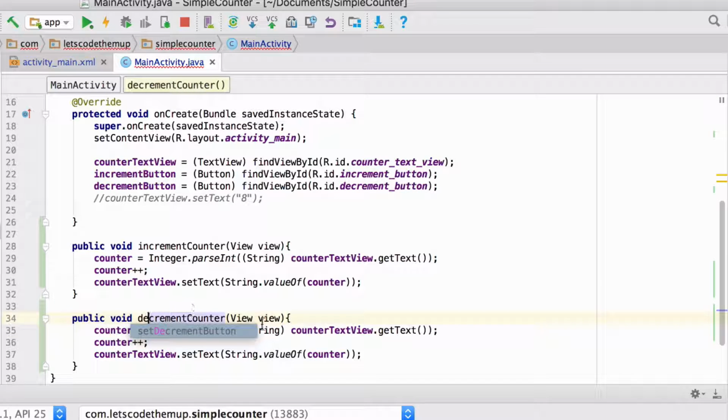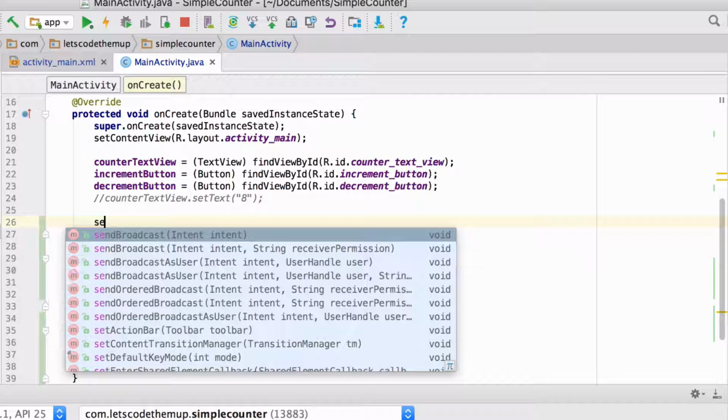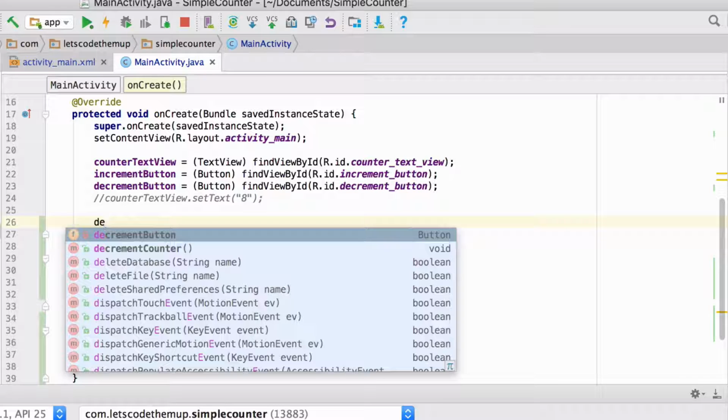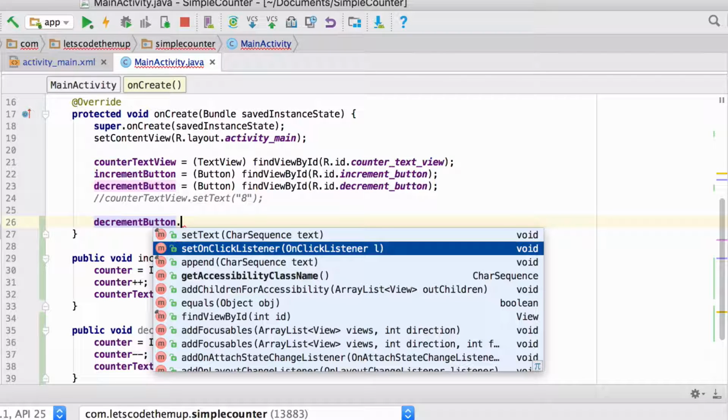change incrementCounter to decrementCounter, remove the view argument, and change the counter++ to counter--. Next, we need to add a setOnClickListener on our button. So in the activity's onCreate method, write decrementButton.setOnClickListener. In the brackets, write new